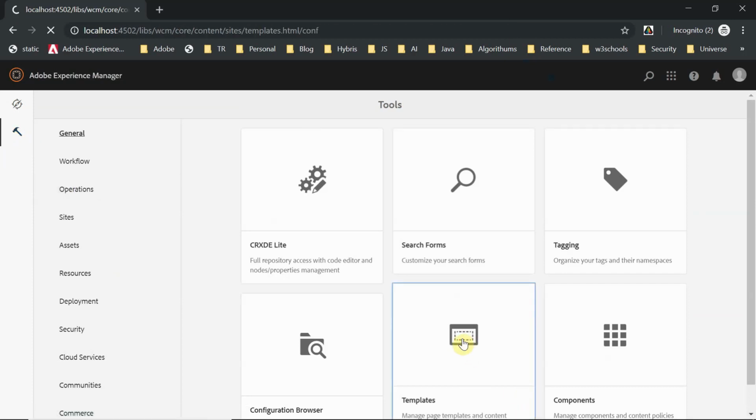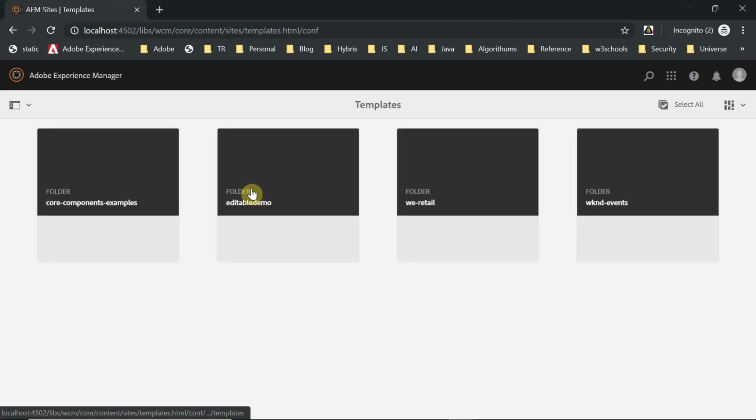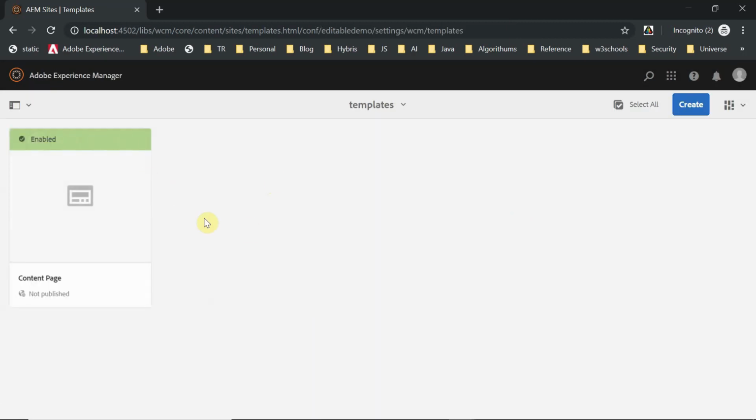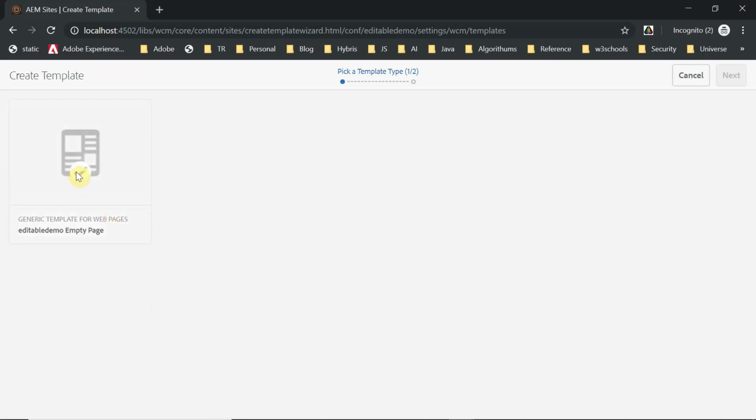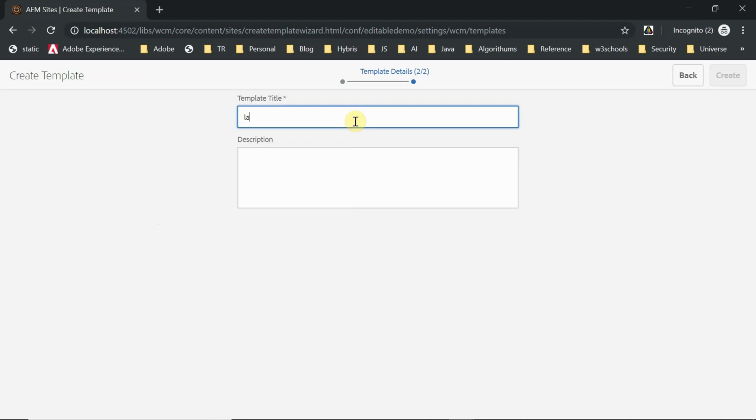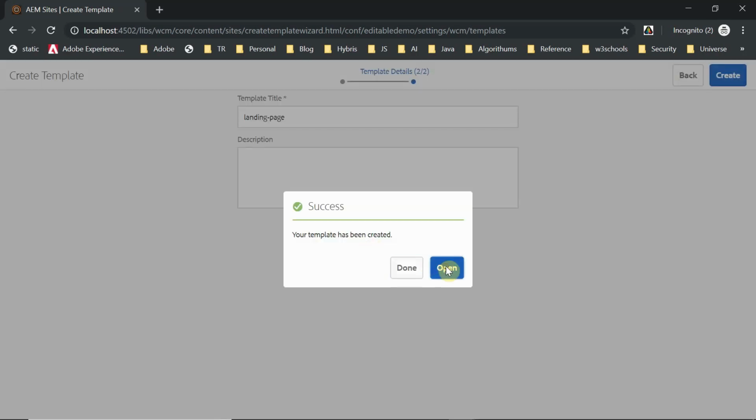Click on this. Go under this folder editable demo. There is a default template, but I am not going to use that. Create a new template. Now select the template type. It's a default template type we are going to use. This is a generic template type anyway. So landing page. Click on next.